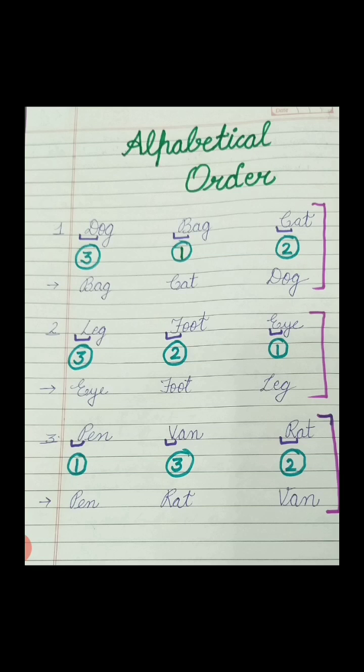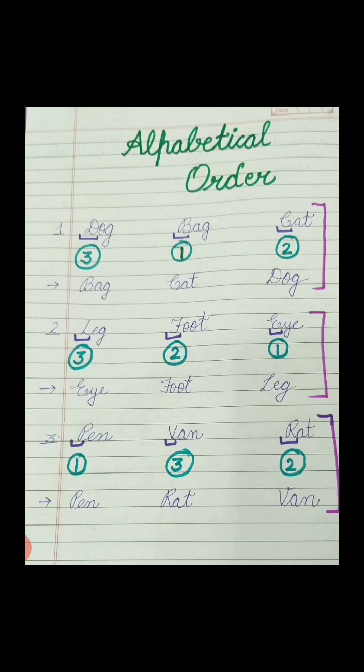Now see, the first letter of dog is D and an uppercase letter is used, right? Whereas O and G are the lowercase letters. So with the help of uppercase letters and lowercase letters, we make a word. And what is the word here? Dog. Now see the second word. The second word is bag.